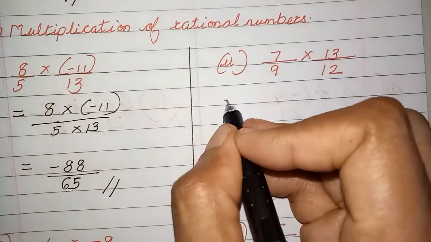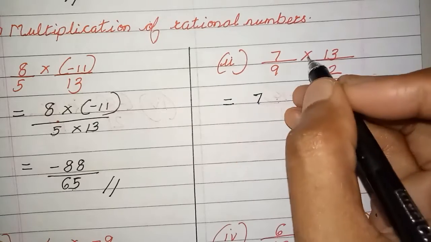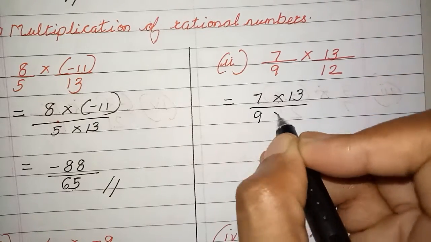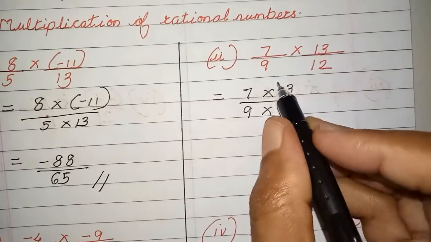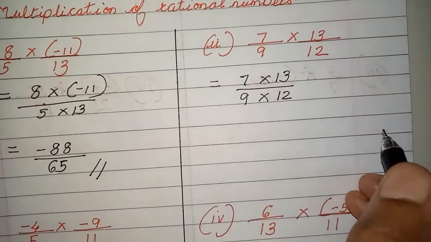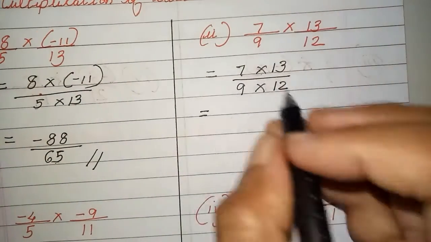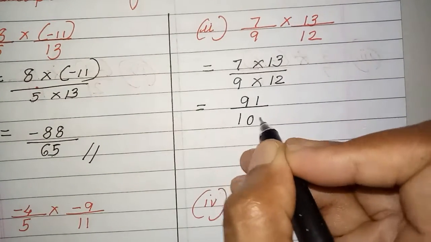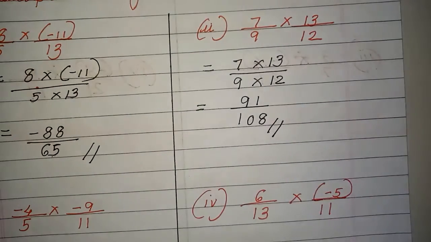Now come to the next one. Again, multiplication has the power of making the numerator and denominator same. Alright. Now children, if you have something common in the numerator and in the denominator, you can cancel. But here nothing is in common. So 7 thirteens are, you already noticed, 91. 9 twelves are 108. Okay.